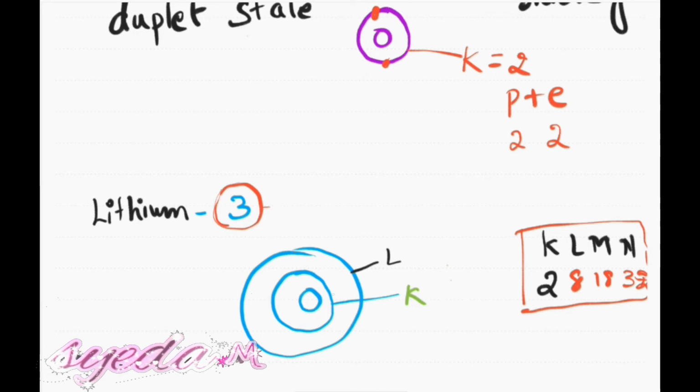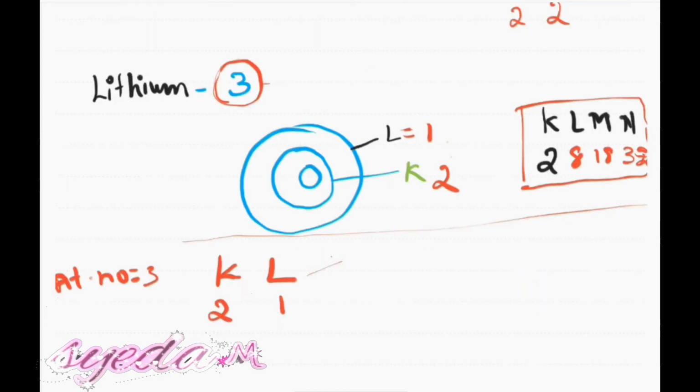Now the 3 electrons have to be distributed in the shells. The first shell has just 2 places, therefore the K shell is going to take 2. Now 3 minus 2 is how much? 1. So 1 electron is left. It will go to the next energy level, the L shell. It will be 1. What is the capacity of the next level? It should have 8, but it is taking 1 electron. We know L can have a maximum of 8 electrons. So this should have what we call an octet.